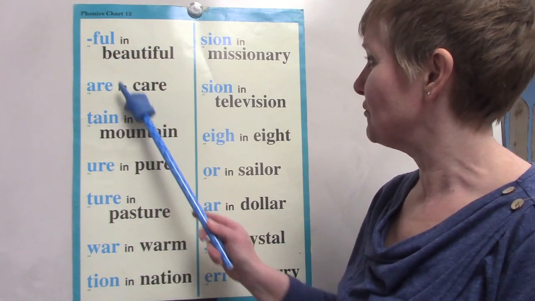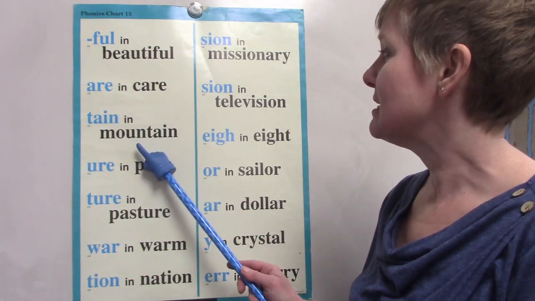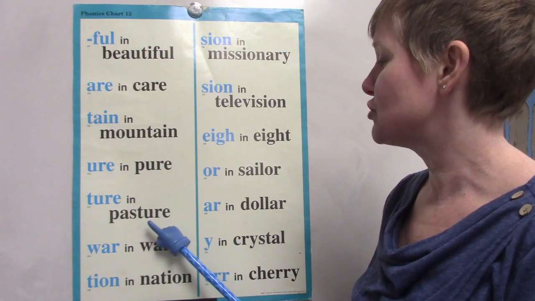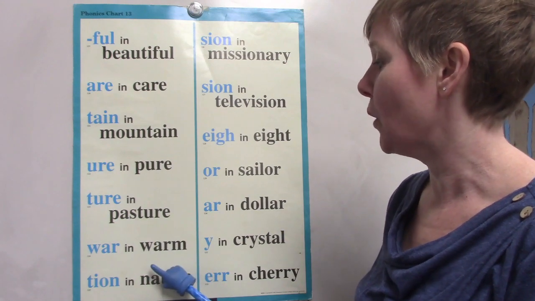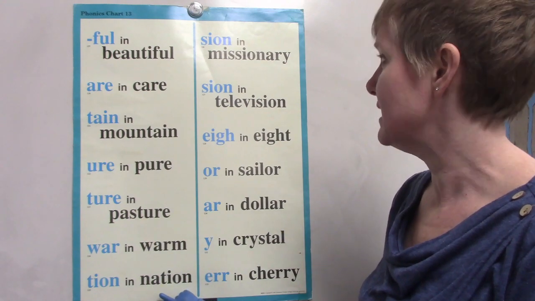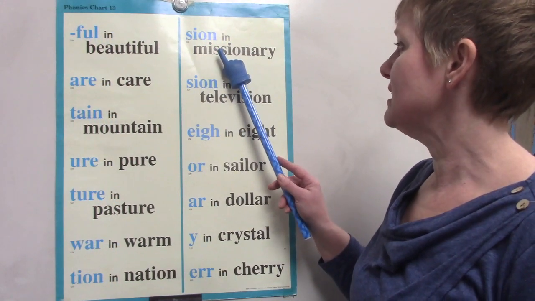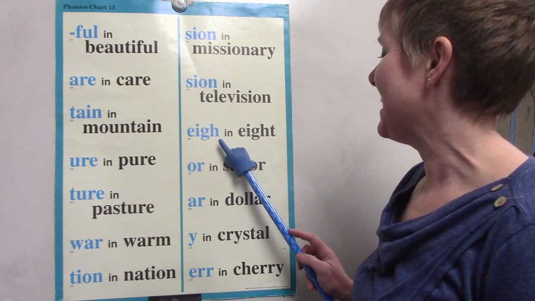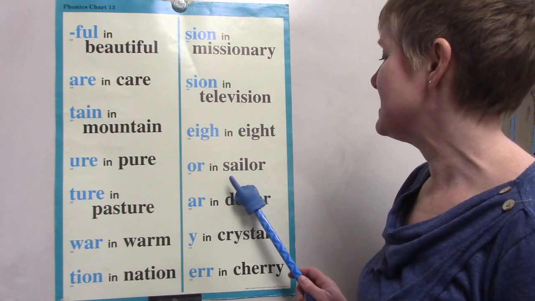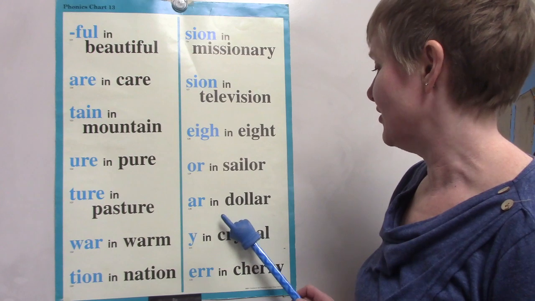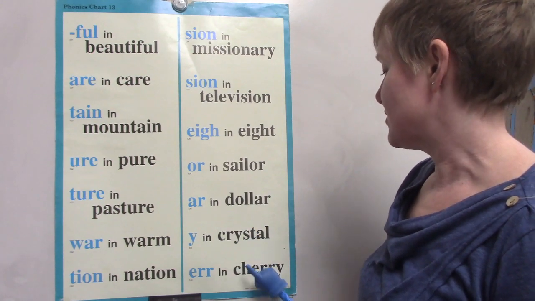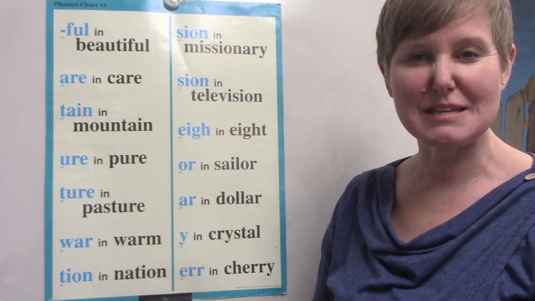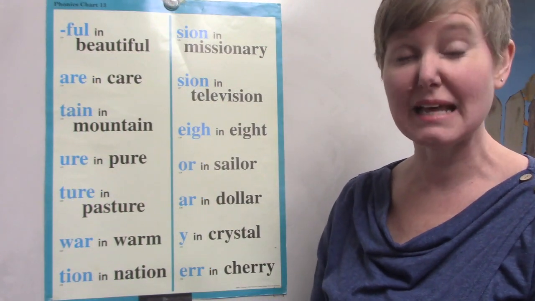Full in beautiful, air in care, ten in mountain, you're in pure, chur in pasture, war in warm, shun in nation, shun in missionary, zhun in television, A in eight, or in sailor, R in dollar, I in crystal, air in cherry. Did you notice that some of the sounds are the same even though they're spelled a little bit